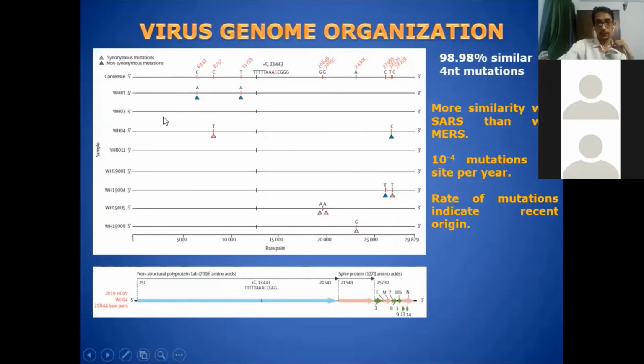And this figure I showed because it is not just the spike protein. Spike protein is a small region in this protein, this region. So there are non-synonymous mutations here and fewer synonymous mutations. The virus is also mutating in the non-structural regions. There are non-synonymous mutations on these sites and synonymous mutations here. So in the initial cases, most of the mutations were non-synonymous in spike, as well as many of them in the non-structural protein region.